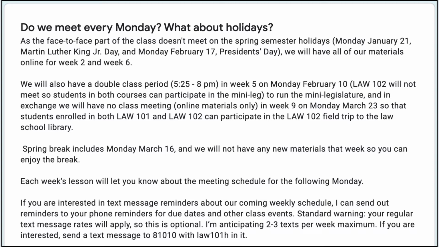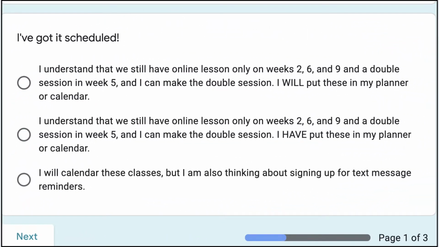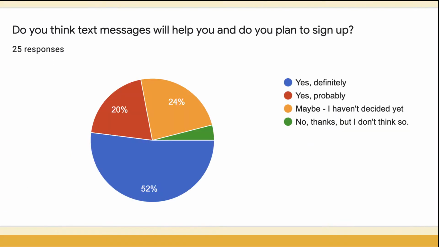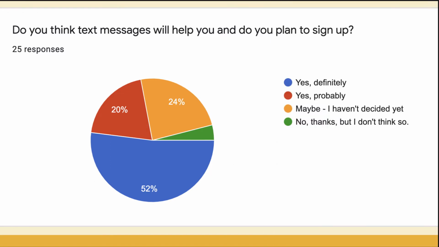So the next question for the hybrid class asked the students if they had put that reminder about the classes in their planners. In other words, hint, hint, you should have a planner. I also asked the hybrid students if they wanted to sign up for the optional text message reminders, and only about a quarter indicated they did, and sure enough, when I went to Remind.com, very few students had actually signed up for that. So for the next hybrid class, I will make a stronger suggestion, similar to my online class, that they consider signing up for the text message reminders. I think that helps all students.